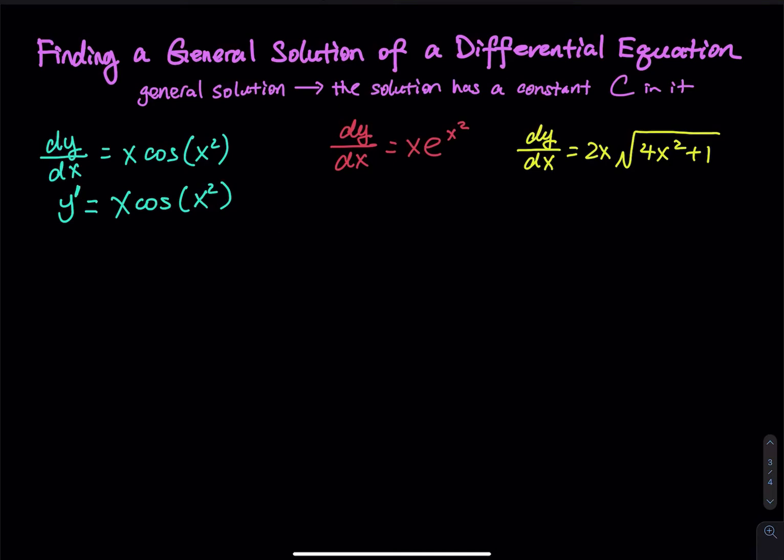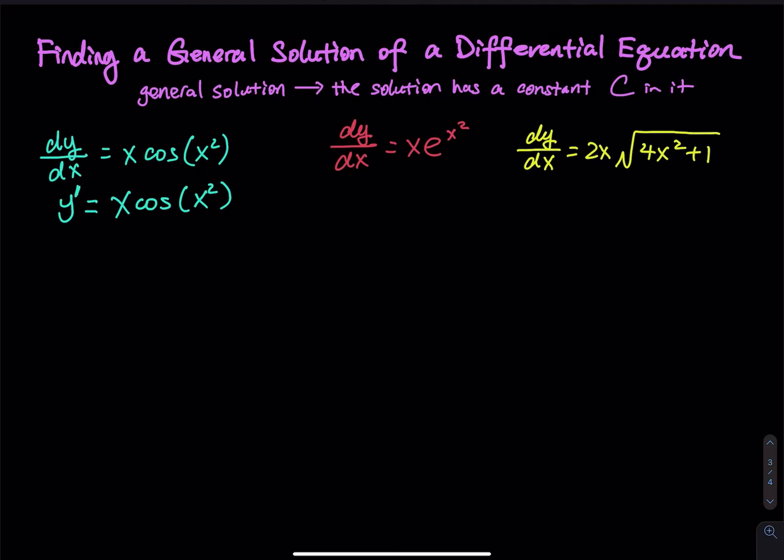This video is regarding finding a general solution of a differential equation. General solution means the solution has a constant c in it, and I will solve these three examples for you. The first one is dy dx equals x times cosine x squared, and dy dx is the same